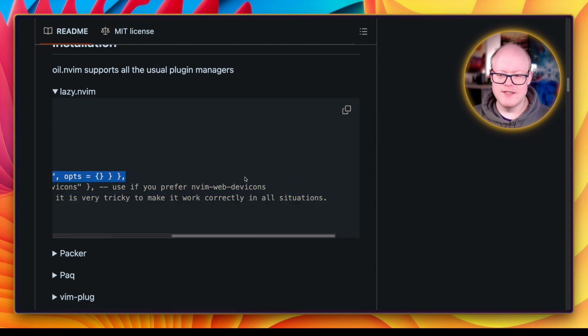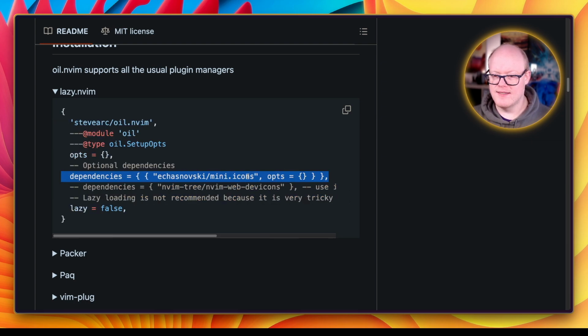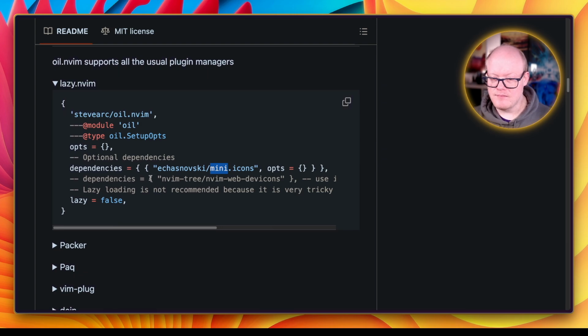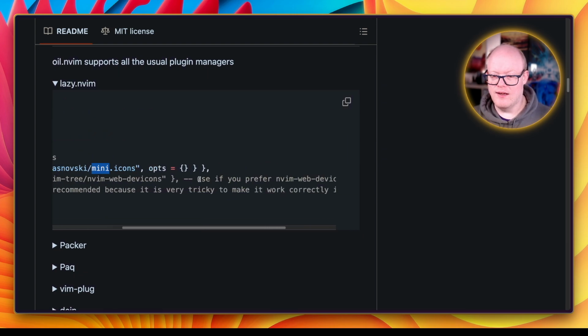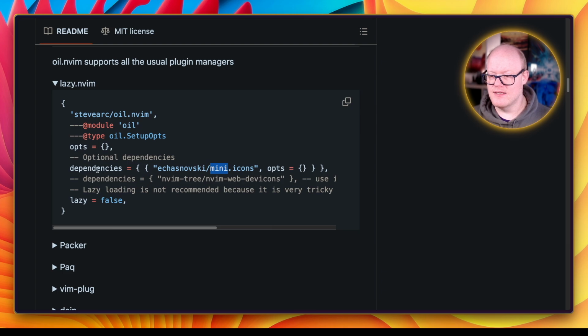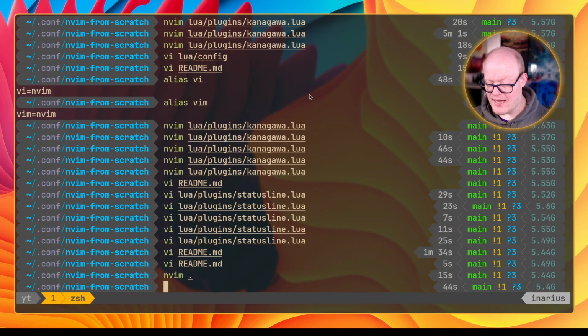Then it is actually installing a dependency, which in this case is mini.icons, which is really nice. We already learned about the mini things of plugins here. It might even install another one, which is nvim-web-devicons. I usually go with this, I think. And then we tell the lazy loading facilities of Neovim that we don't want to lazy load it, because essentially we need to load it up front in order to use it as a default file chooser. So it will replace our netrw. So let's do lua plugins